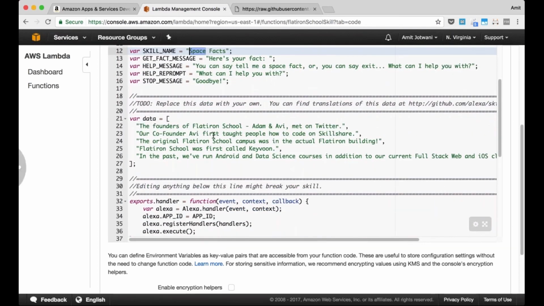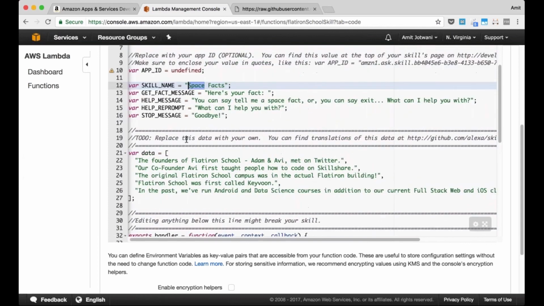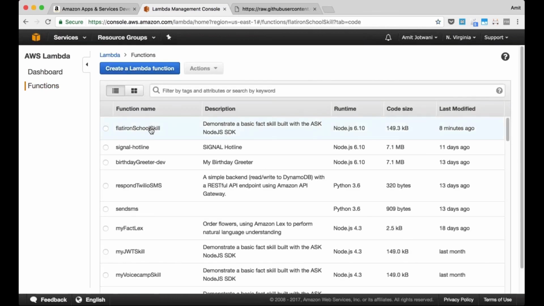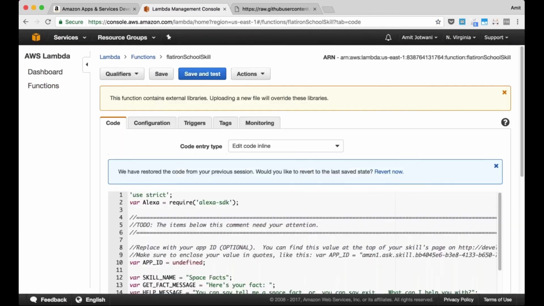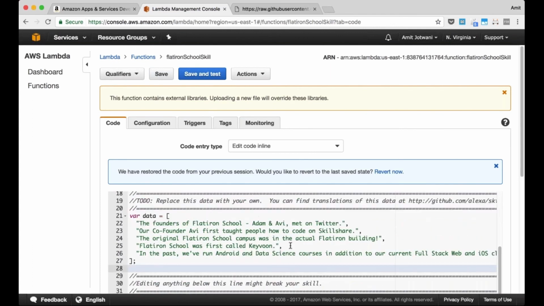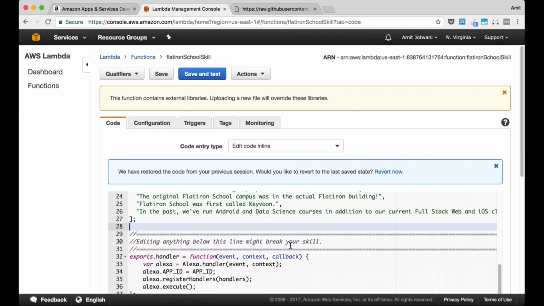And then this is where we are setting up the data for it. Now this data could be replaced with anything else. So if I go back into my functions, sorry. Now this could be any data that you may have. And then finally,